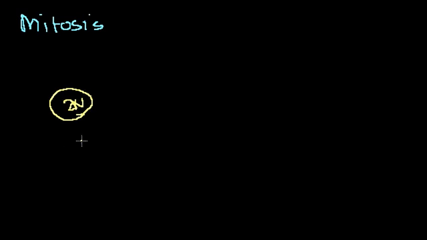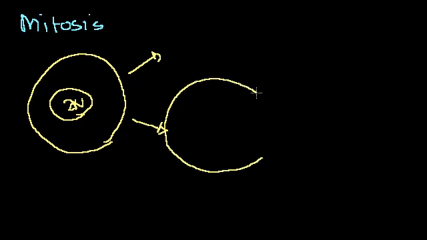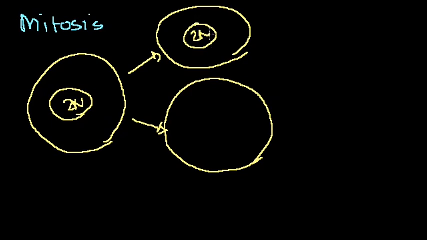In its most popular sense, when people talk about mitosis, they're referring to a diploid cell. A diploid just means it has its full complement of chromosomes, so it has 2n chromosomes. That's the nucleus, and this is the whole cell. Most people are saying the cell itself replicates into two diploid cells, each with a full complement of 2n chromosomes. When people say a cell has experienced mitosis, they normally mean this.